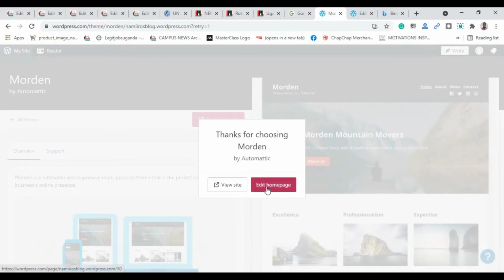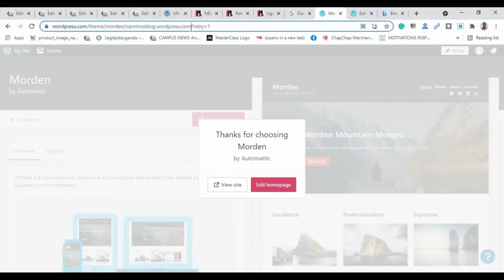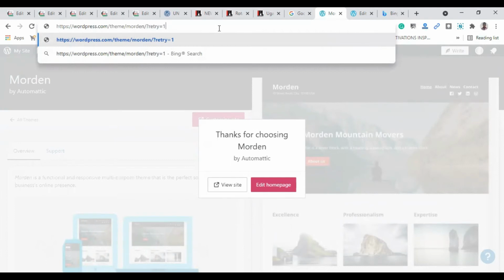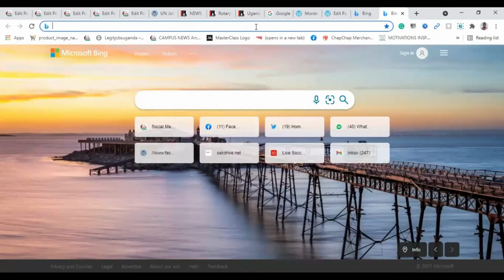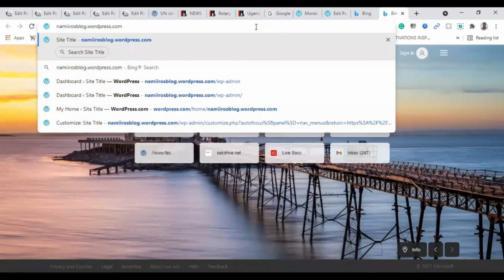You can go ahead and edit home from here, or we go back to our dashboard. You just copy the site or the blog domain. You copy, then open another tab, paste,